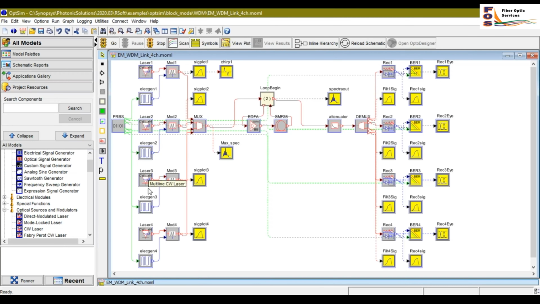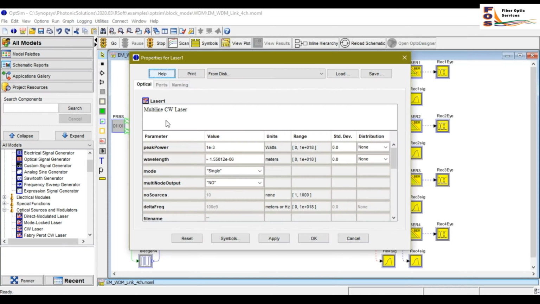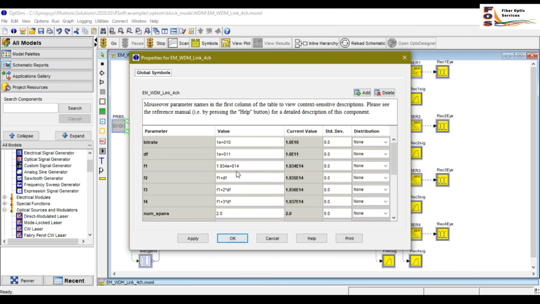Here we have 4 different lasers with 100 GHz spacing. If you go to the properties of the laser, you can see the peak power is taken as 1E minus 3 watt. Wavelength uses a formula utilizing the user variables to set all the wavelengths. If you go to the symbol table, here you can see that we have defined F1, F2, F3 and F4, 4 different variables using the user defined variables, where DF is the spacing, with the first frequency set to 193.4 THz.